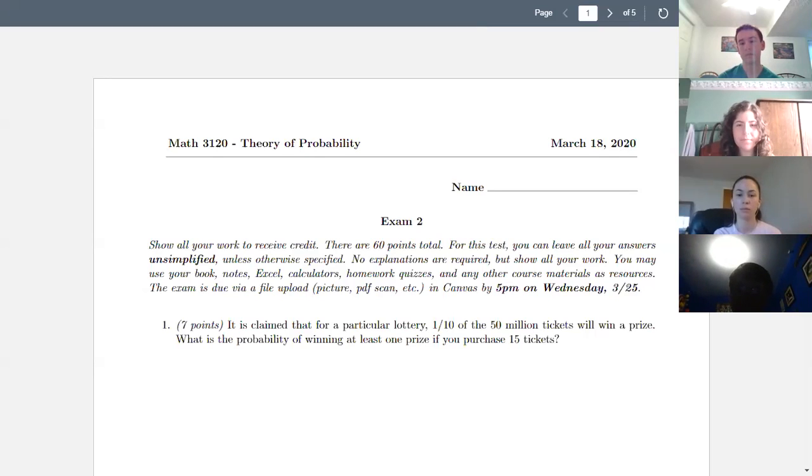Does that make sense? So what would you have to do, Katie, after every selection of a ticket? Replace it, okay, and do it again. So technically, if you use the binomial, you would be allowing for the possibility of selecting